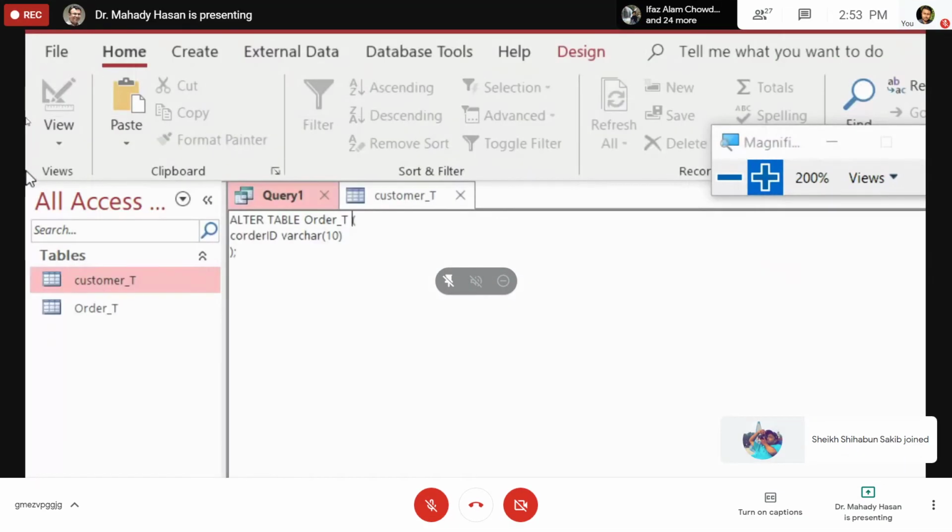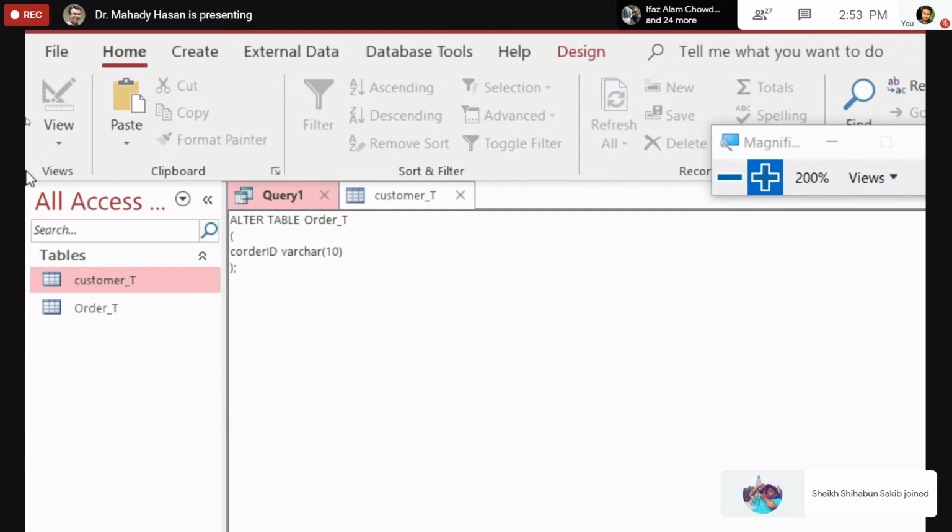Yes sir. So alter table, add column, and what should I name it? Maybe order name as, let's say, varchar.